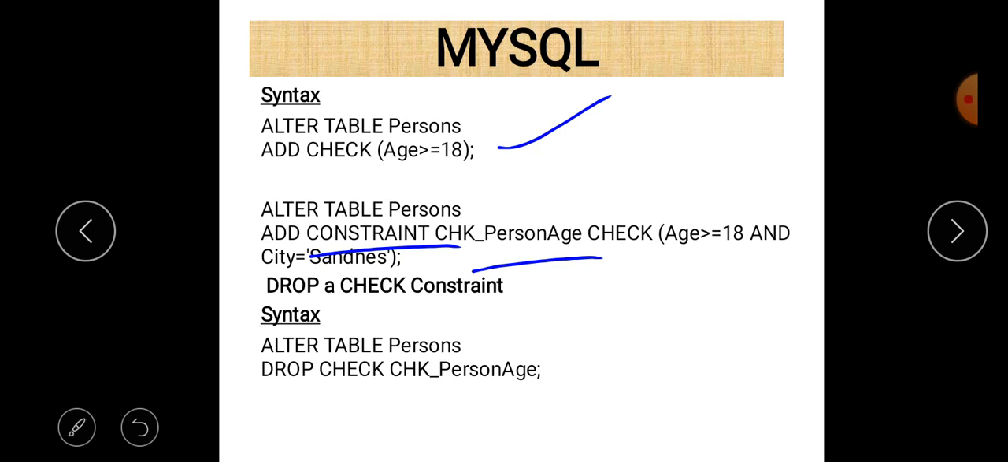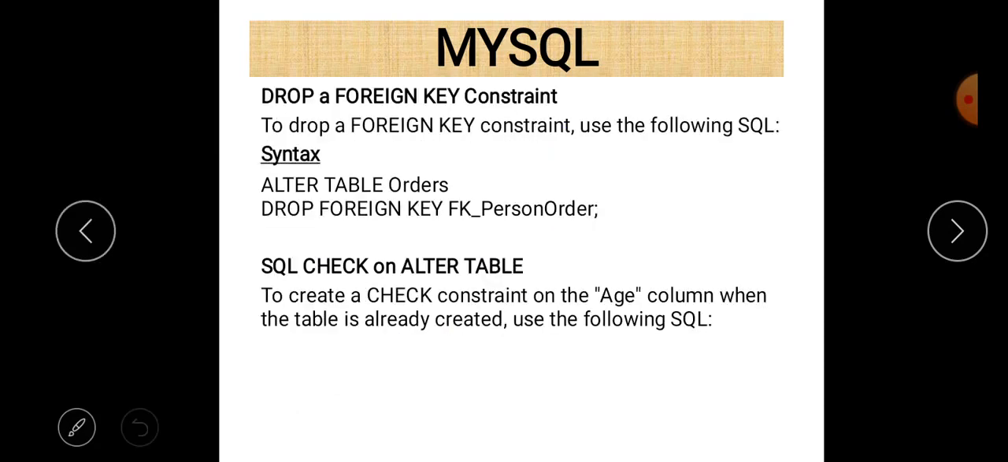You can easily see that if you want to drop a check constraint, then for that purpose just write alter table persons drop check, and then name of the constraint, and name of the constraint is chk_percentage. So that is a method, and it is applicable to all